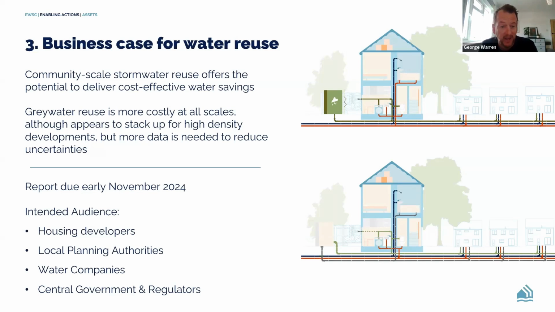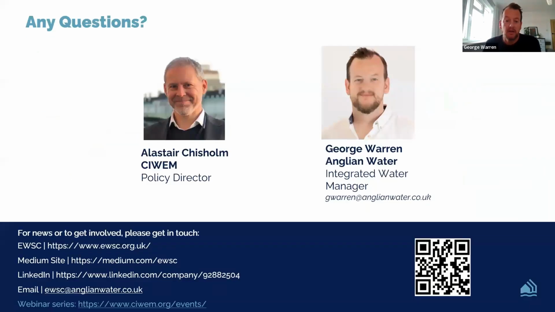noting the reference to 80 litres per person per day or less. From a water company's perspective, hopefully this can help inform the environmental incentives linked to water demand management and the appropriate programme scale or incentive quantum that might be used there. And from a central government and regulators' perspective, it is to help inform policy development related to water resources demand management, as well as planning such as water resources management plans and drainage and wastewater management plans.